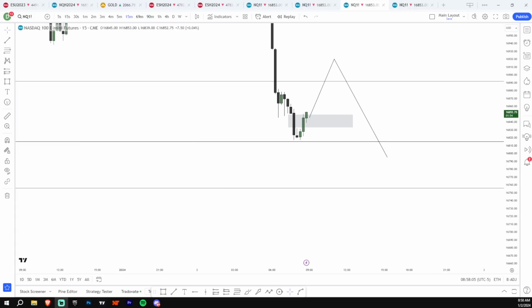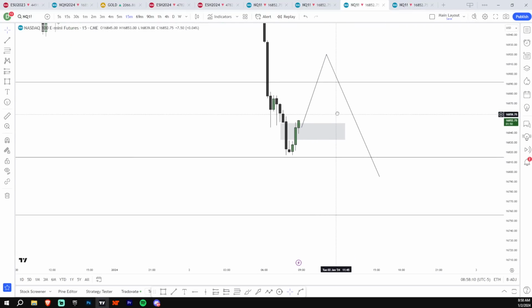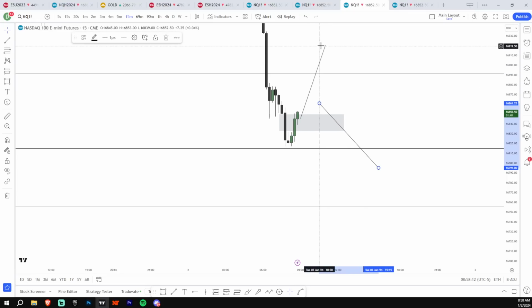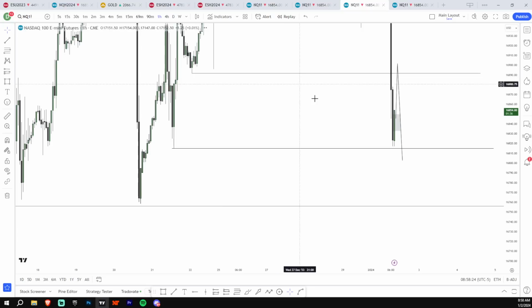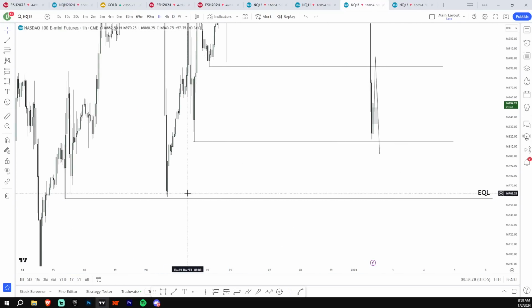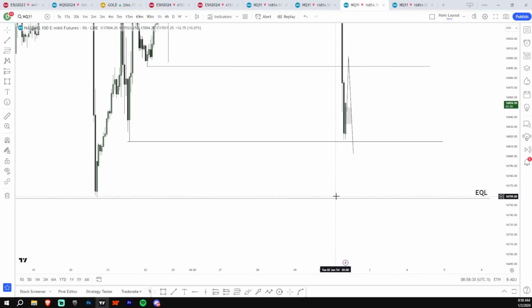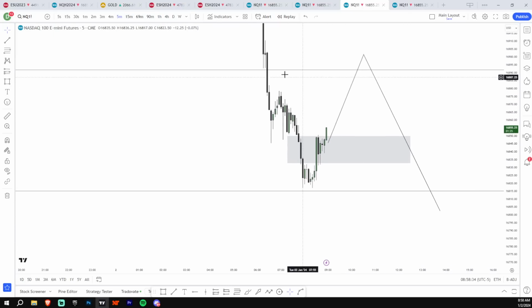So here's the thing. This inverse line going here is not a guarantee. Because the bias is bearish, we could go like this and then just reject, and then your play would be a loss. So if you have the patience to wait for a setup that we might not even get, then I would wait for the short setup, because these equal lows are obviously very, very obvious. That would be the closest to a guarantee that we're going to get, even though it's not a guarantee.